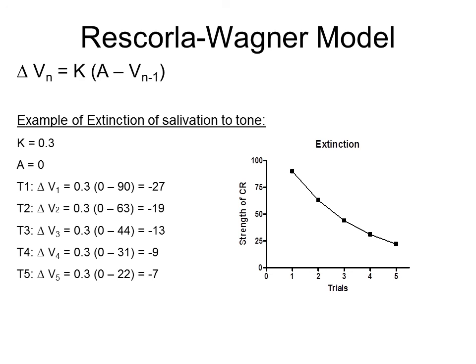You don't have to remember the equation. I will give that to you to assist in your calculations. But I will expect you to be able to plug those numbers into the equation and make accurate predictions about it, either based on acquisition or on extinction. Furthermore, I will expect you to understand what each element in the equation means. What does K represent, and what does that mean? Don't just say it refers to salience. Indicate that it's salience, and that salience reflects the overall strength of the stimuli.